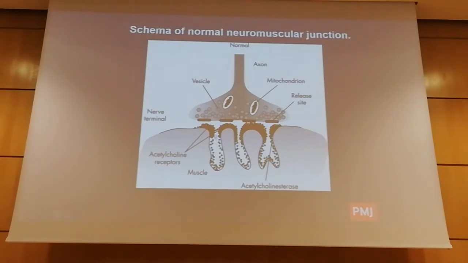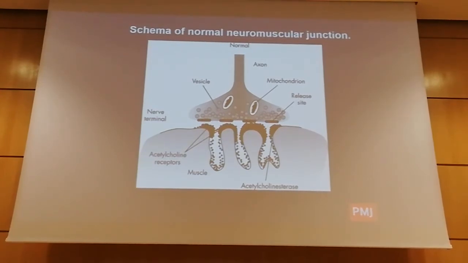Now, the secondary one is very rich with acetylcholinesterase. And what does acetylcholinesterase do? It breaks down acetylcholine, right? And why does it do that? To stop the neurotransmission, so the neuromuscular transmission. Why? So that it will reset the muscle, so that it will make it depolarized again when the next nerve